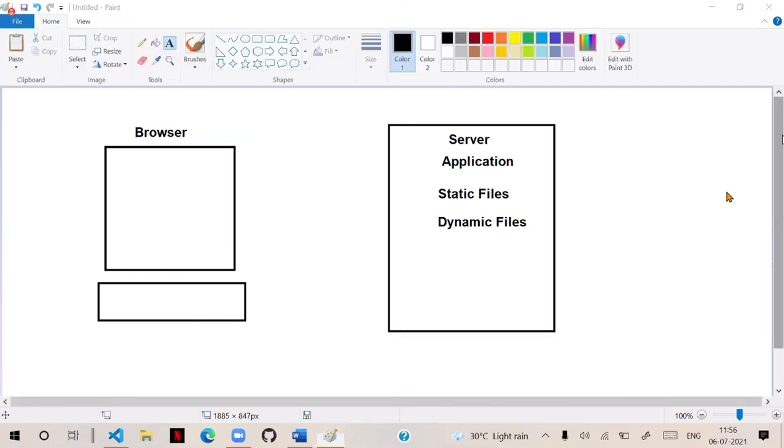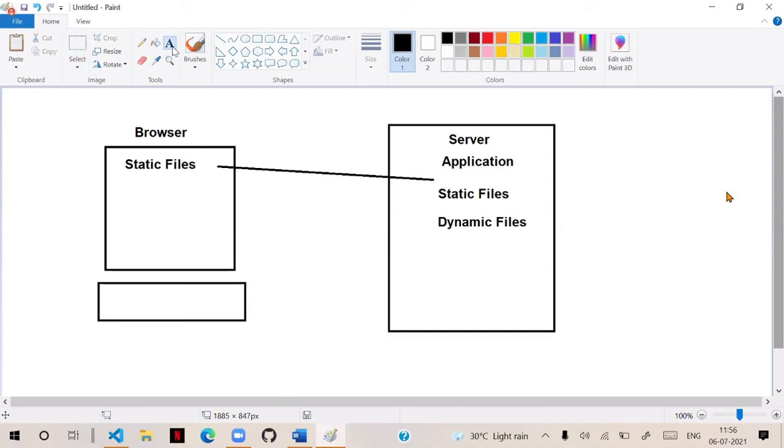So, in the browser, what happens now is when the user makes a request from the browser, these static files are directly delivered to the browser.